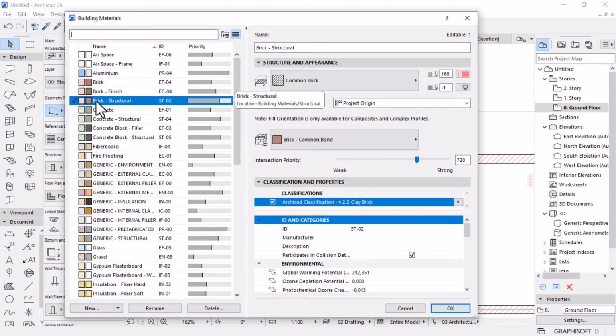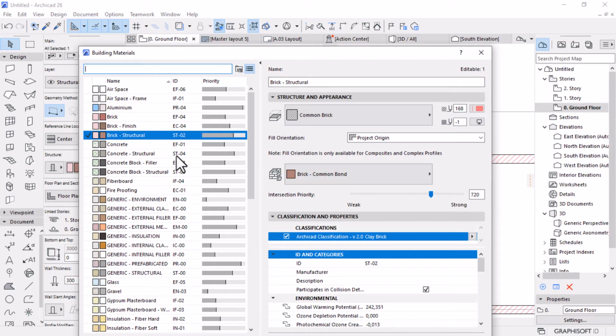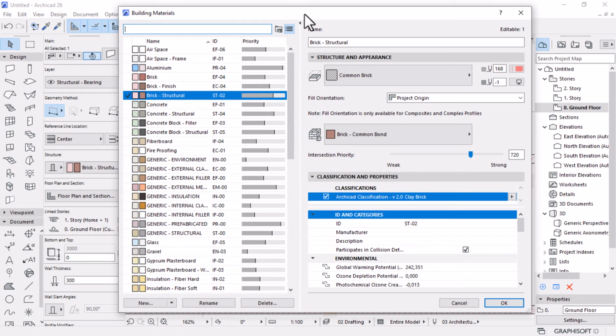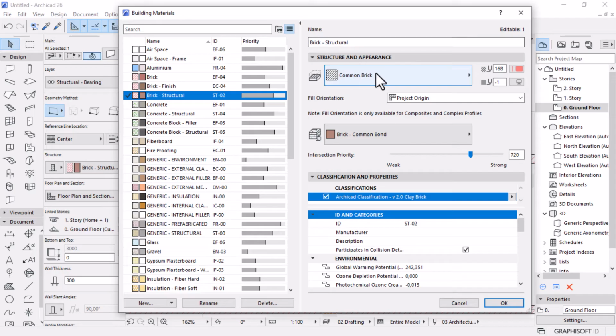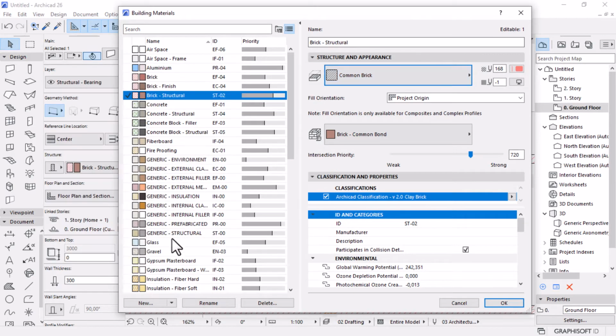You see now the brick structure is highlighted because it's the material that makes up this wall. So in this case, what we need to do is either set a new material for our walls or edit this one. To edit this one is just to change the cut fill of this to 100% fill, which is 100% solid,